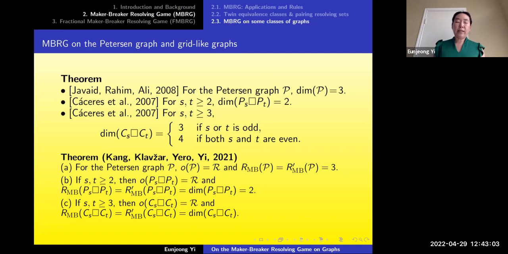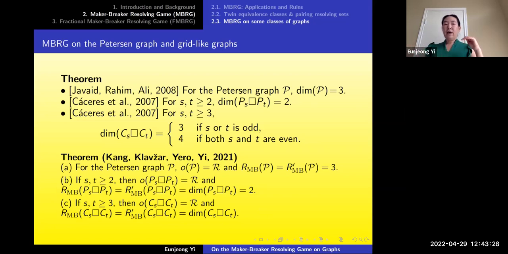We were able to show that the outcome for all these graphs, the Petersen graph, the Cartesian product of two paths, and the Cartesian product of two cycles, is that resolve always wins, whoever plays first. With respect to the Cartesian product of paths, they actually admit a pairing resolving set. And the Cartesian product of cycles just needs a little bit more work, because you have to